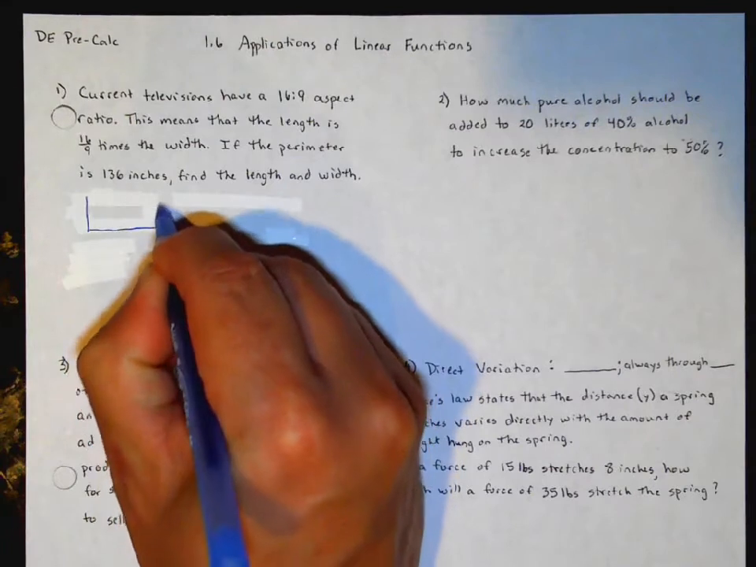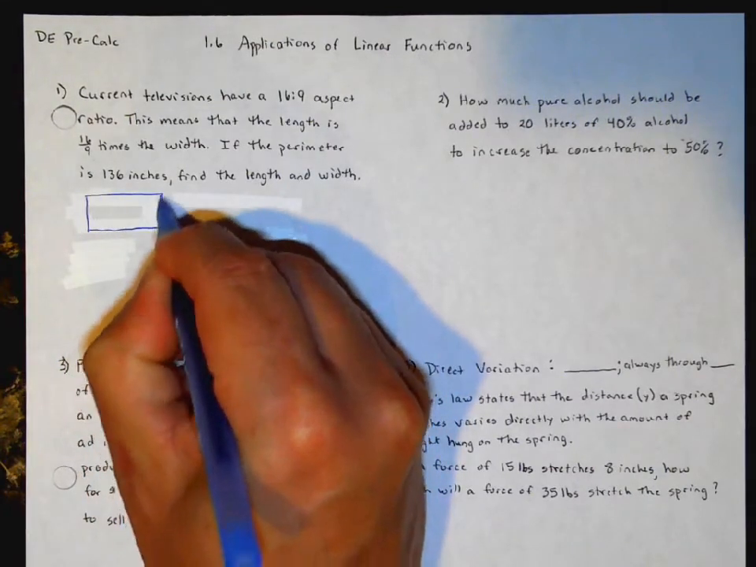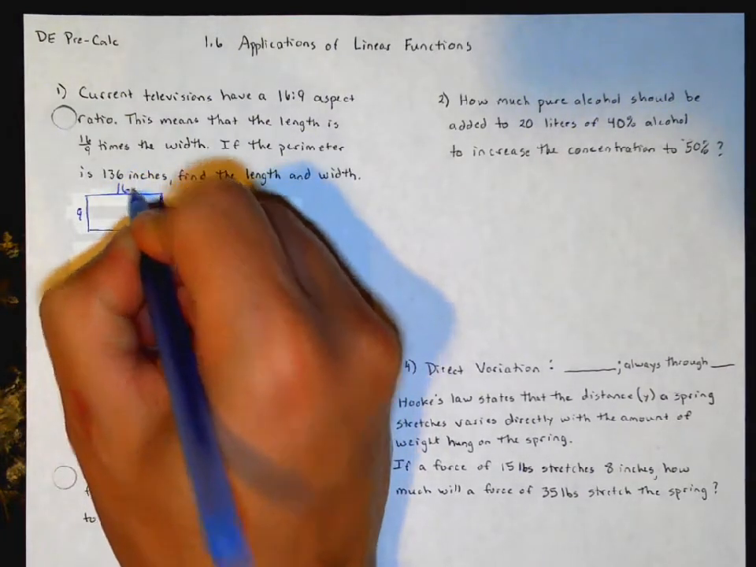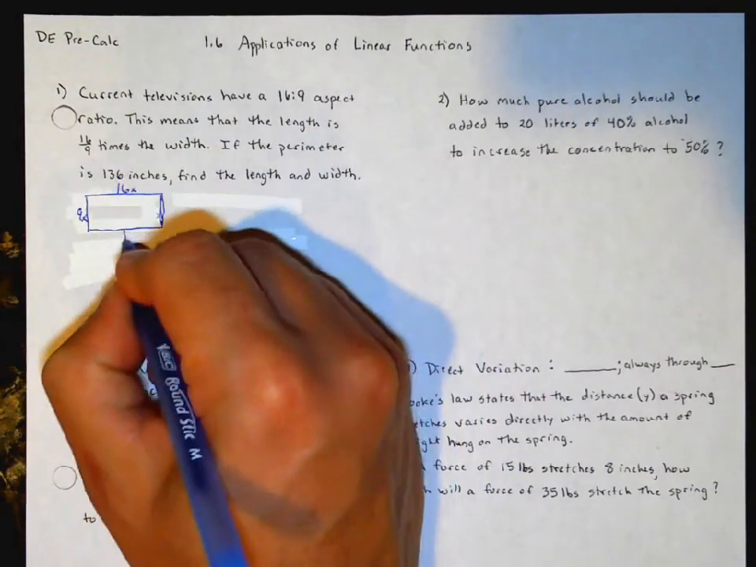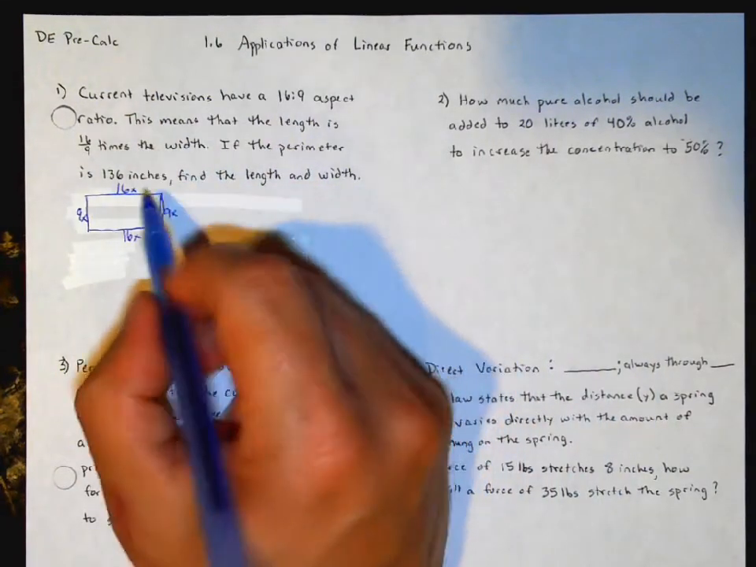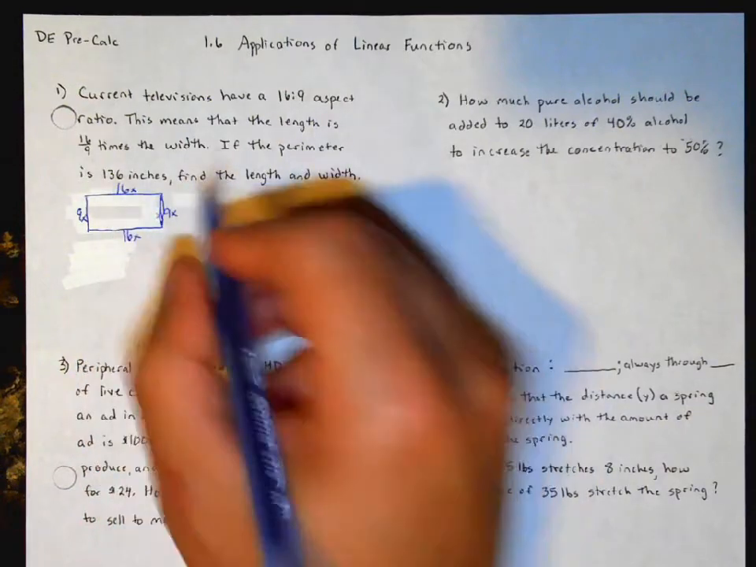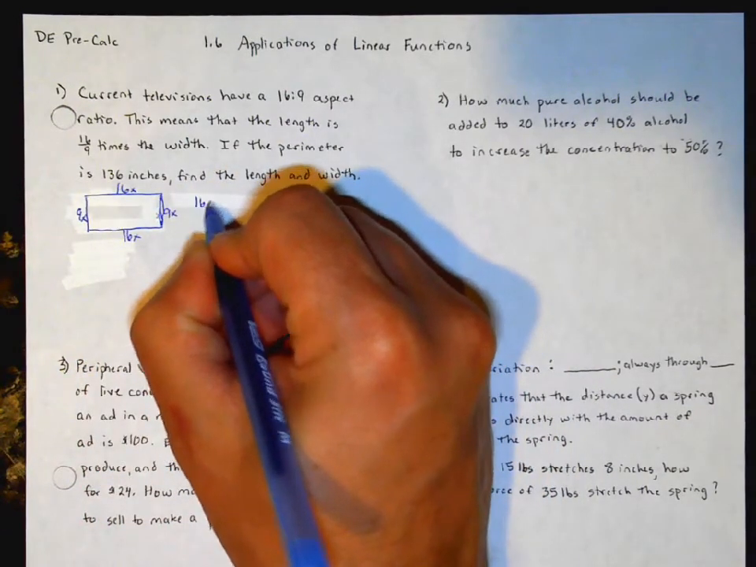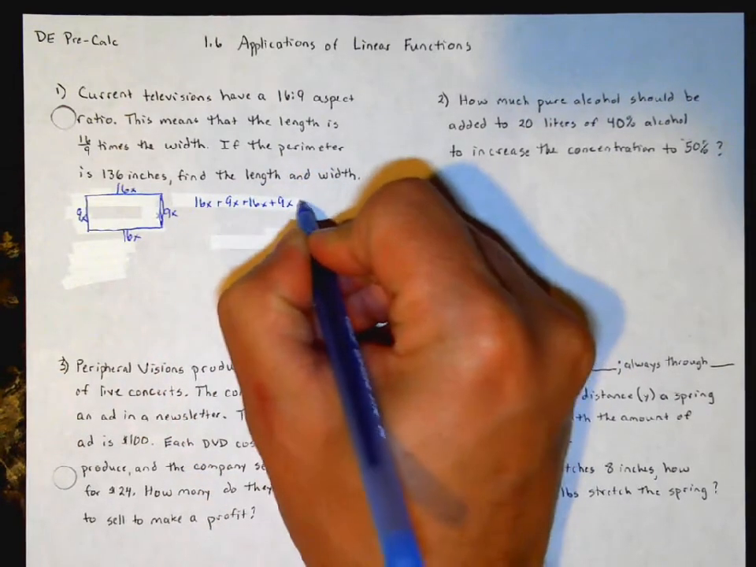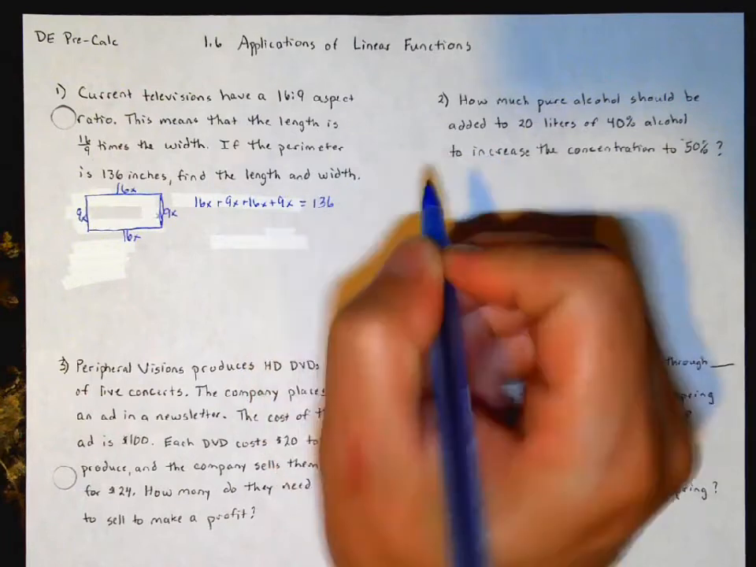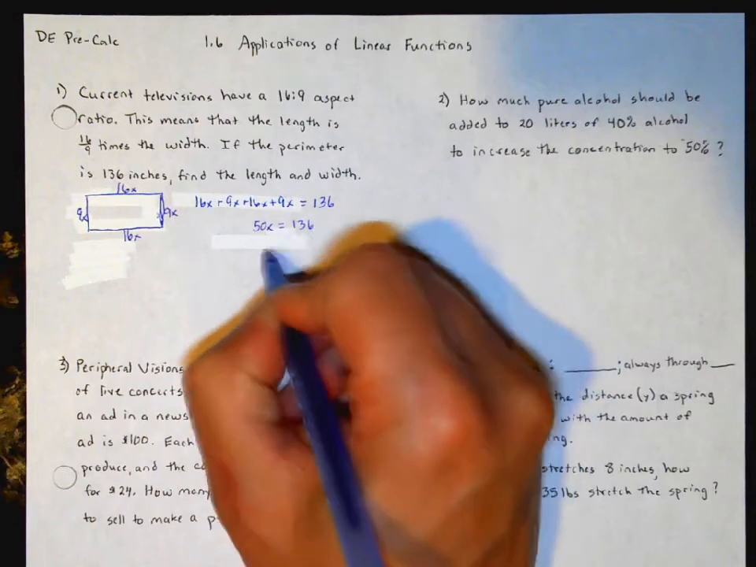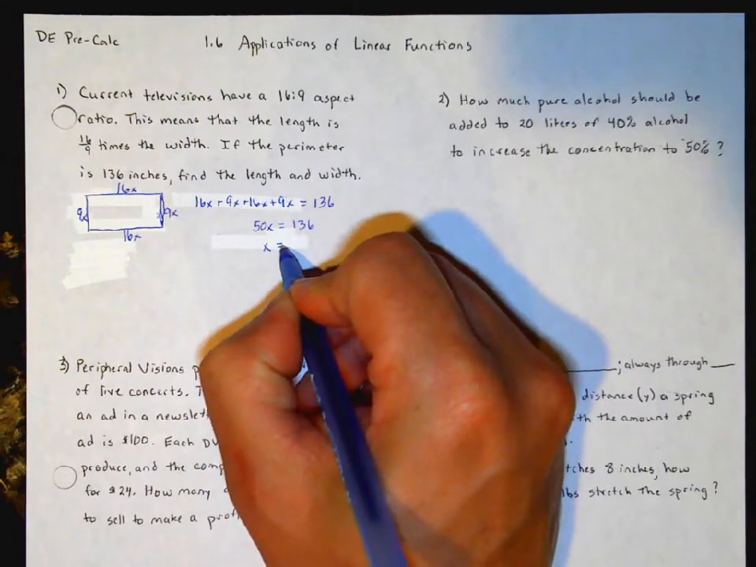TVs these days are in a ratio of length to width of 16 to 9. So we'll say 16x to 9x, and the other sides are equal as well because it's a rectangle. And we know that the perimeter is 136. So I know that 16x plus 9x plus 16x plus 9x all the way around is equal to 136 inches. If I add my like terms, 50x is equal to 136. Divide by 50, I get x is equal to